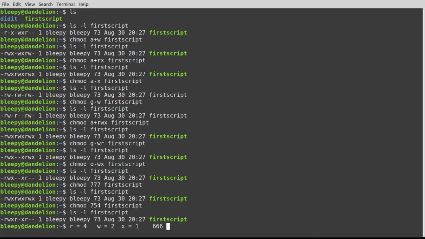And then I can remember that read is 4 and write is 2, because once you break that down, the only way you're going to get two different numbers that you're going to add up to get 6 is 4 and 2. Because otherwise you'd have 3 and 3, and that would be the same number, which wouldn't work. So 4 and 2 and 1. It couldn't be 5 and 1, because 5 is what you get when you have 4 and 1, right? So we've got